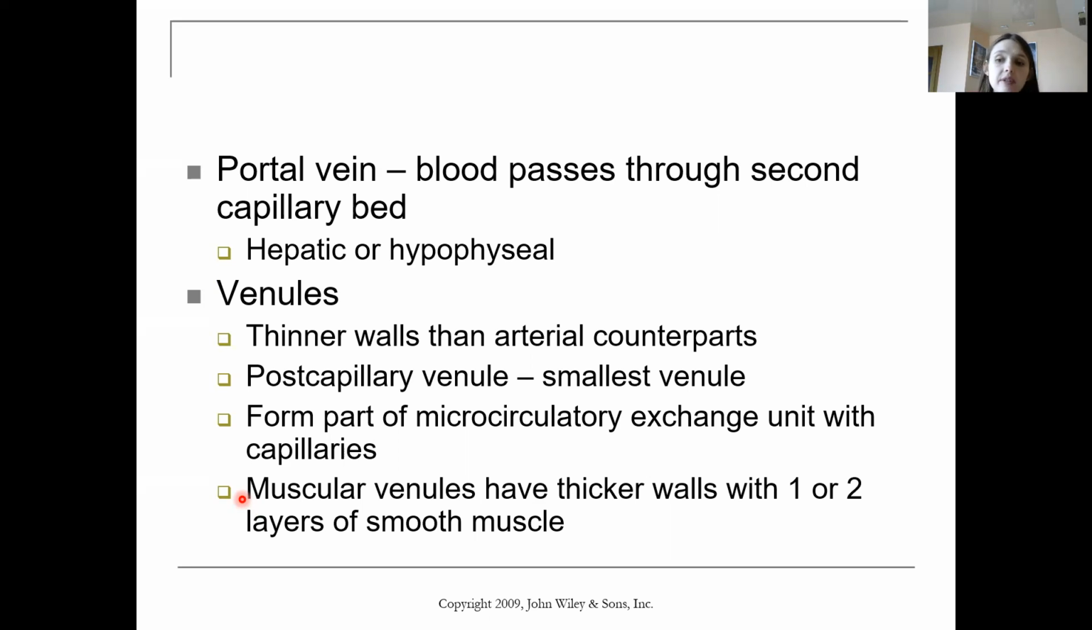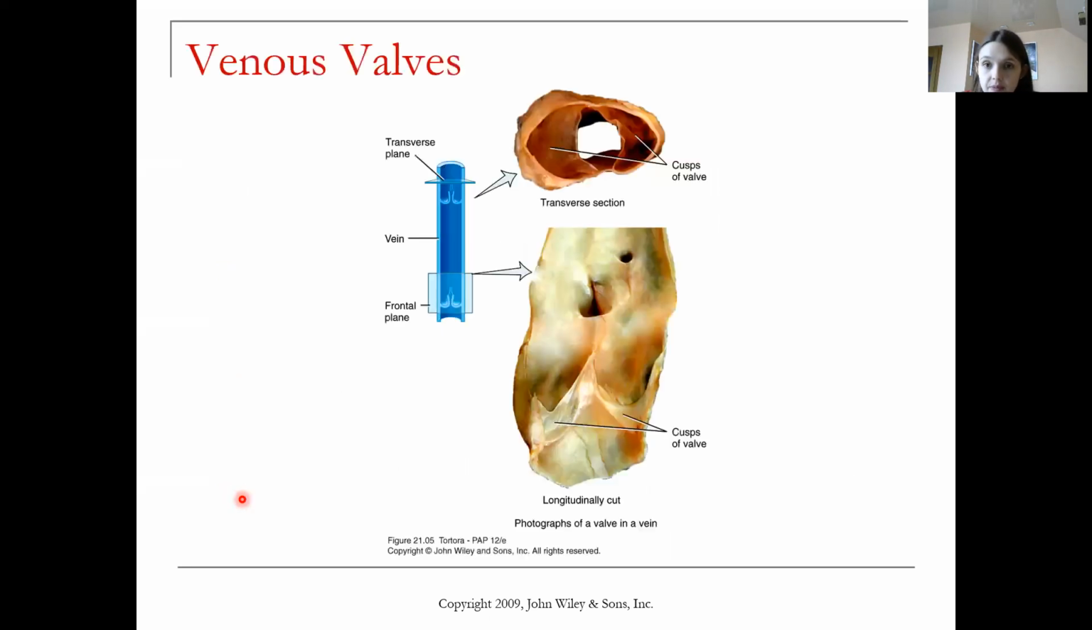Muscle venules have thicker walls with 1 or 2 layers of smooth muscle. In this picture, you could see the structure of the valves present in the vein system. These valves are responsible for preventing retrograde flow of blood to the capillary system. And the main function, as I mentioned previously, is very important in the veins which are located in the limbs,